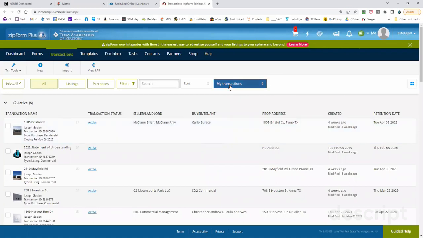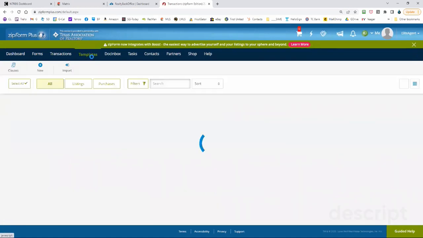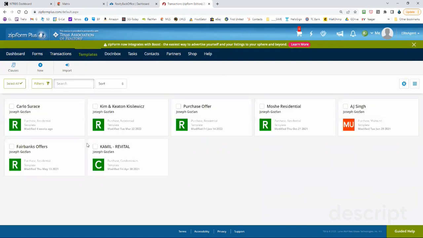One of the most important things that I want you to learn about the zip forms is the use of templates. Templates make your life easy. If they don't make your life easy, then what's the point in working this? I don't want to come in and do the same thing over and over and over. So I can create a template. So when it comes to my transactions,